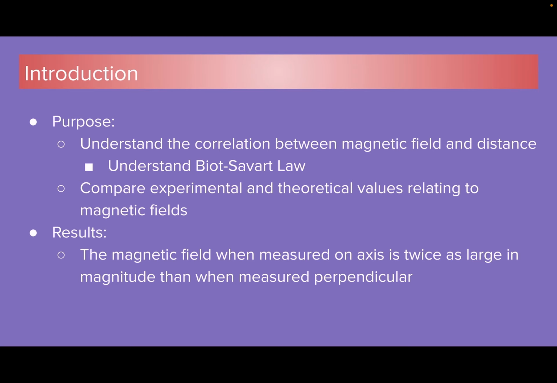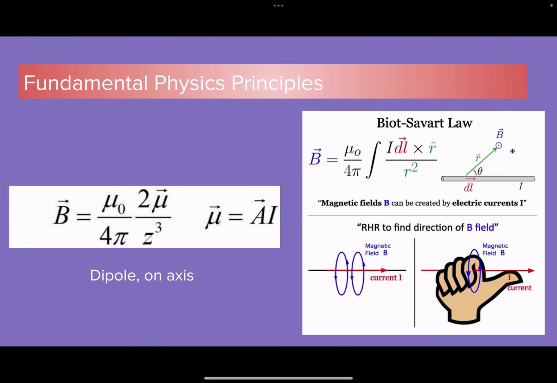In our results, we see that magnetic field when measured on axis is twice as large in magnitude than when measured perpendicularly. The fundamental physics principles at hand are mostly the Biot-Savart law, where we have a formula for when we have a dipole on axis, and we can solve normally for any situation with the formula on the right using the integral, using the constant for magnetic field times current times the cross product between the line segment and the r hat divided by the distance squared, as well as using the right hand rule to get the direction